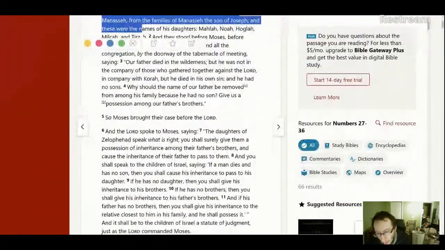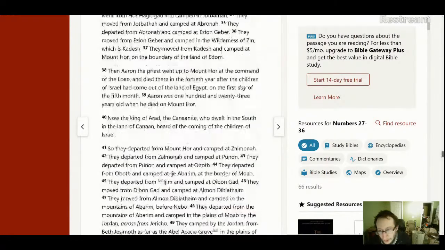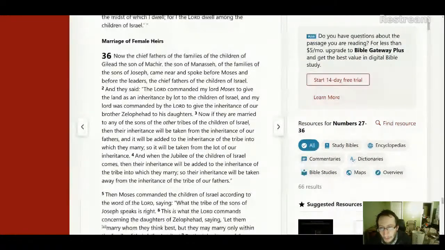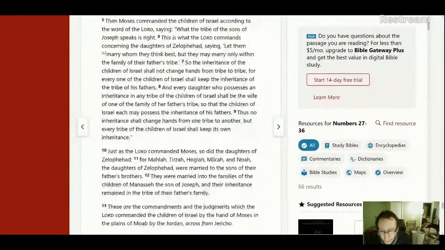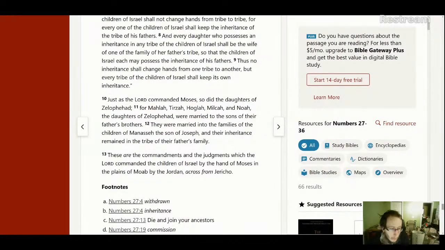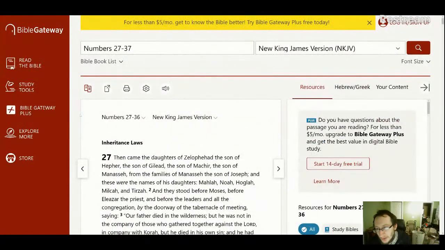chapter 27, verses 1 to 11, immediately followed by chapter 36, verses 1 to 12. So, amazingly, that is a different version. So the question is, which is the correct version? Is our version of Numbers the correct version, or is the reworked Pentateuch the original? In my view, the reworked Pentateuch is the original version.